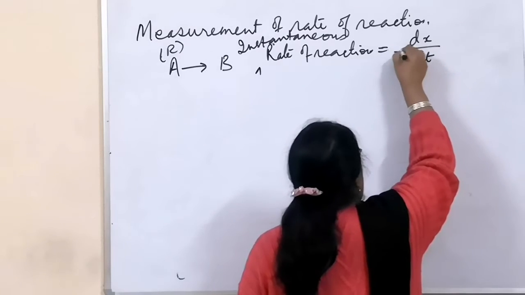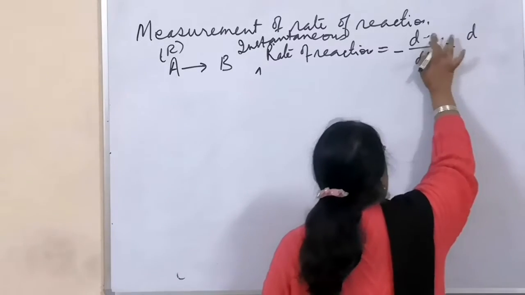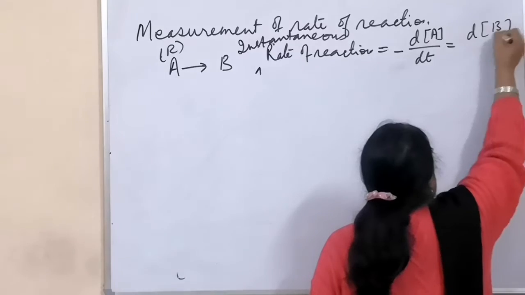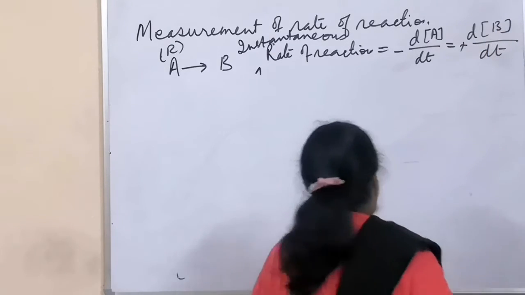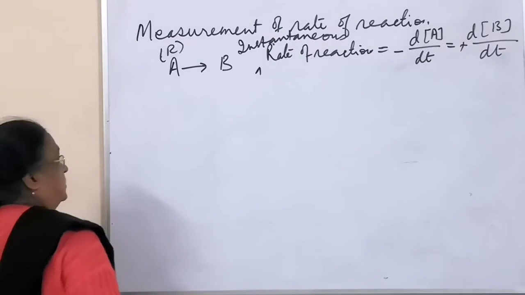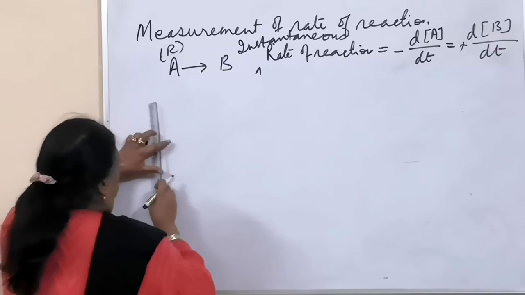If it is reactant, it is minus. If it is product, you can write dB upon dt, and this will be plus. This is instantaneous. Instantaneous means for a very small interval of time. So if I plot a graph,